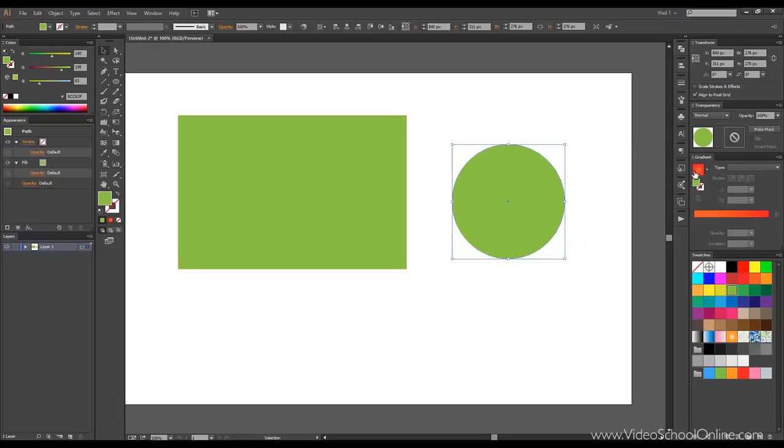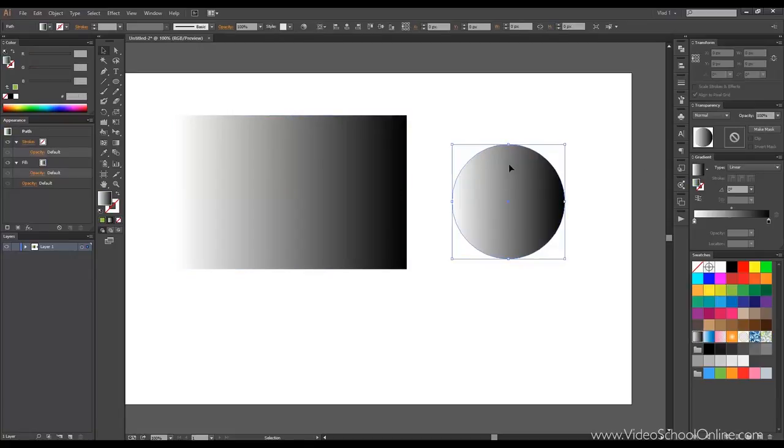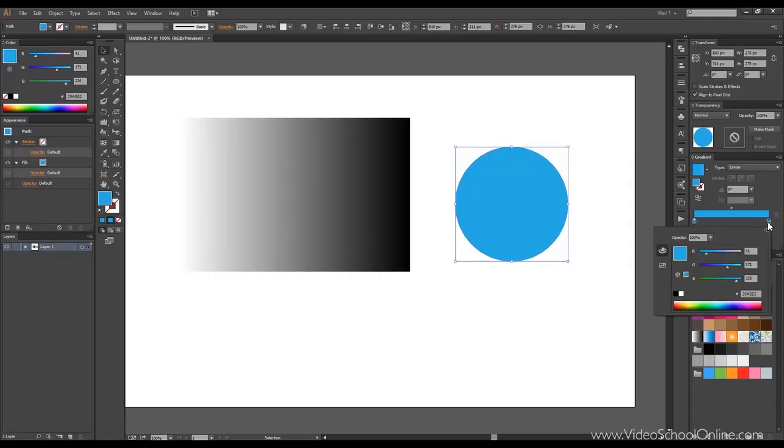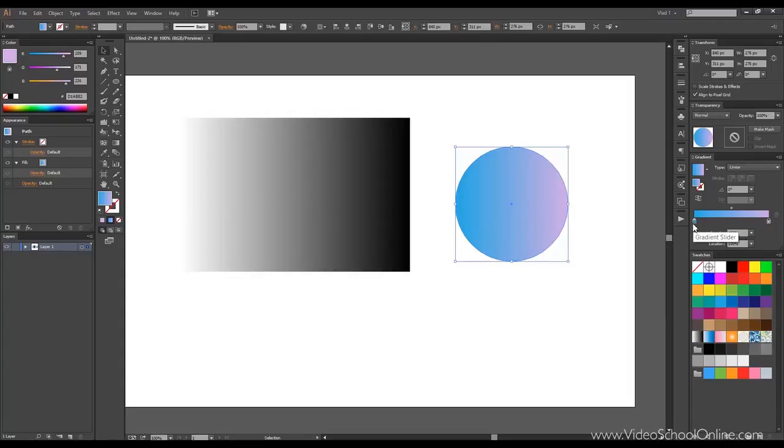Now, we can go over to the gradient, and the first one you see is the black and white gradient. You can click that one directly to make it. This is very simple. Now, in order to change colors, you can either drag and drop them or double click and change the color. Very simple. You can also access the palette, like here,